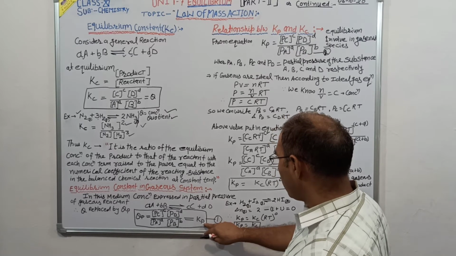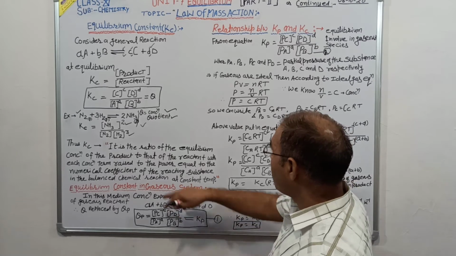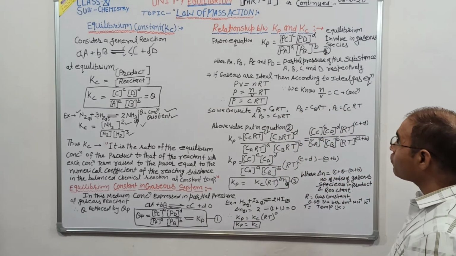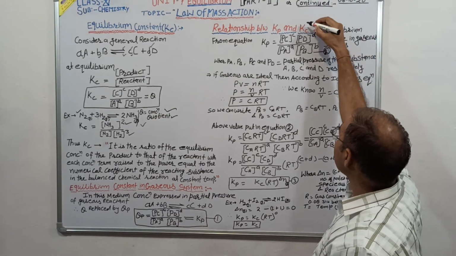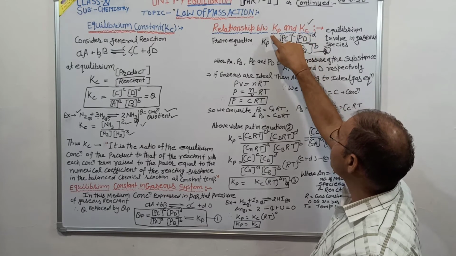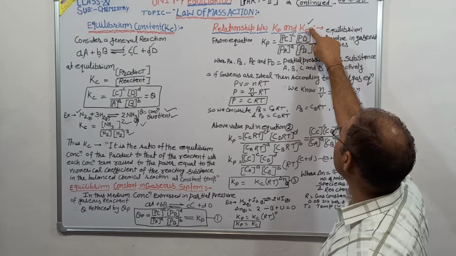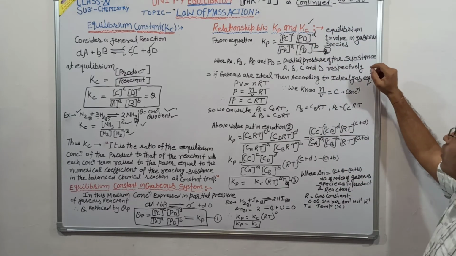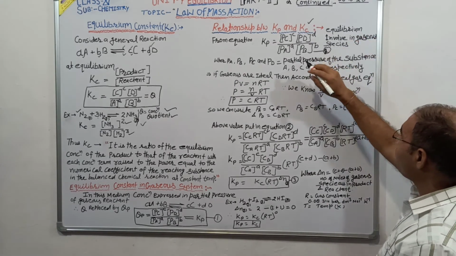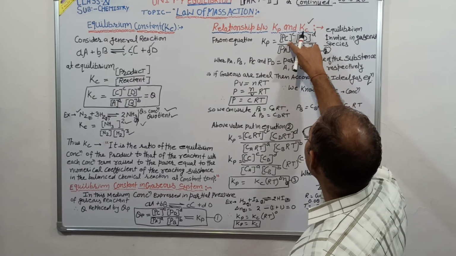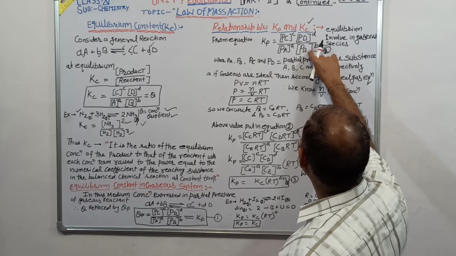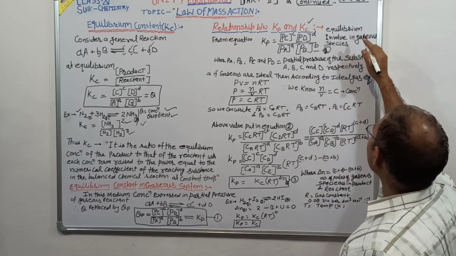In the case of gaseous systems, concentration C is replaced by partial pressure P. Now the relation between Kp and Kc: Kp is the equilibrium constant in gaseous systems and Kc is the equilibrium constant in general systems, such as liquids. From the equation, Kp is equal to Pc to the power c, Pd to the power d, upon Pa to the power a and Pb to the power b, for equilibrium involving gaseous species,